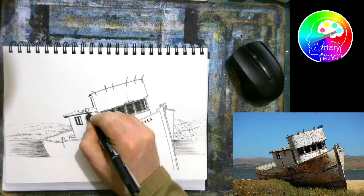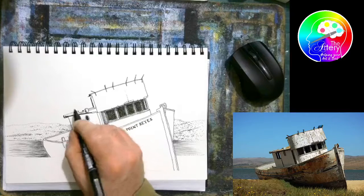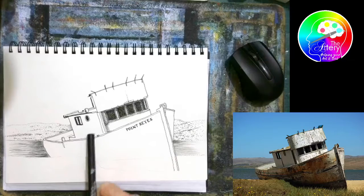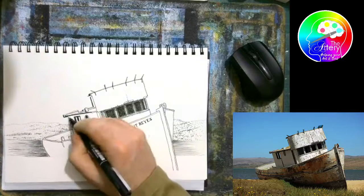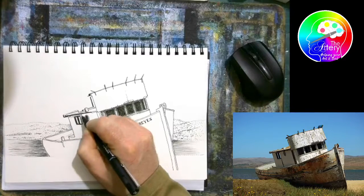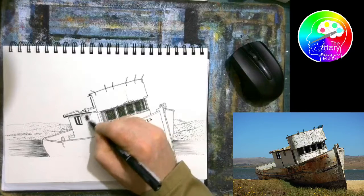A little bit of hatching there. Because if the light's coming from this angle, this side's going to be dark, and it's all about playing off angles. So I'm going to do hatching again, not cross hatching, but I will go in one direction first, and it doesn't have to all be perfect,